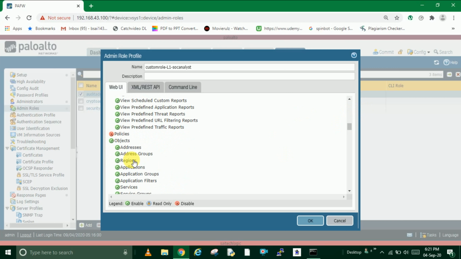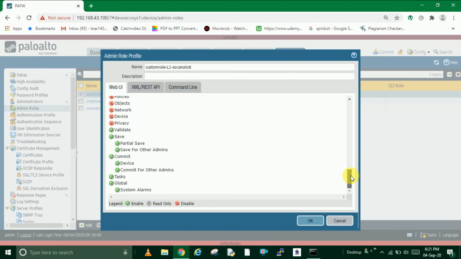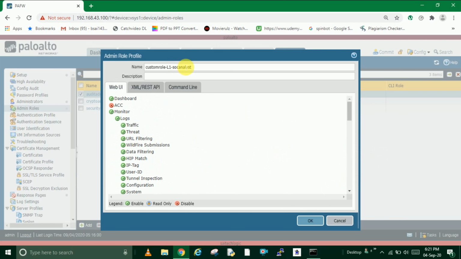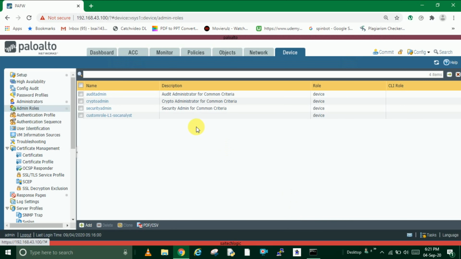Policies, then objects, network, device. I'm giving access to save, commit, and tasks. So you can see here I've restricted the roles for this particular user, the SOC analyst. Click OK. Now let us use this role in the creation of a new user.